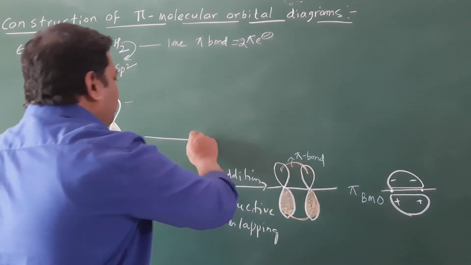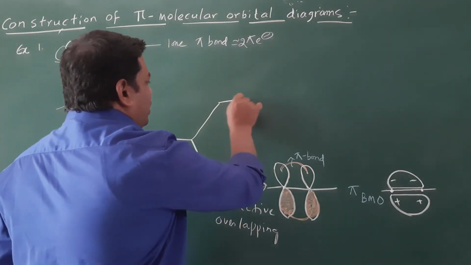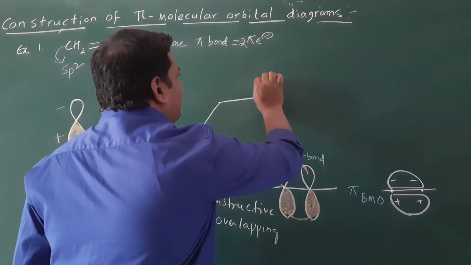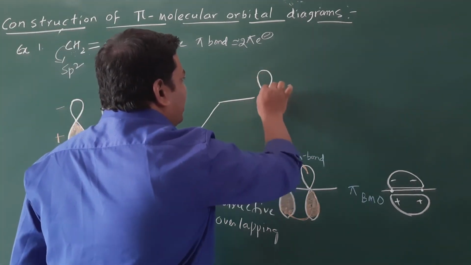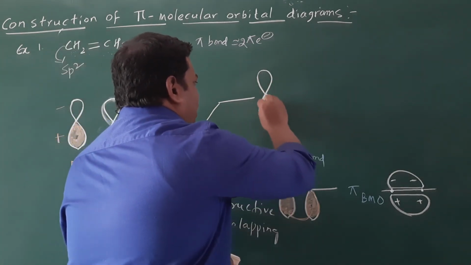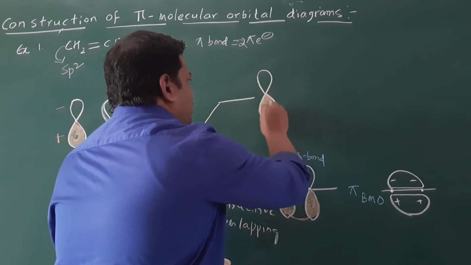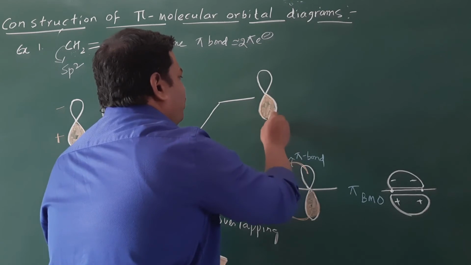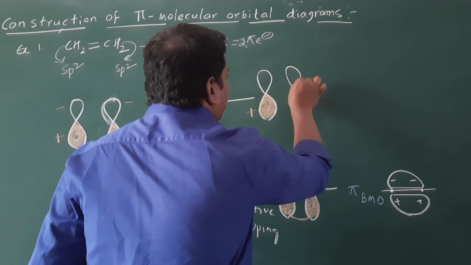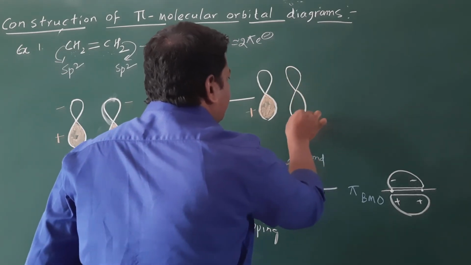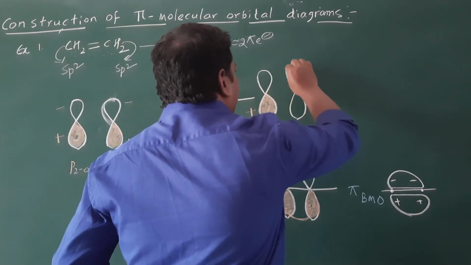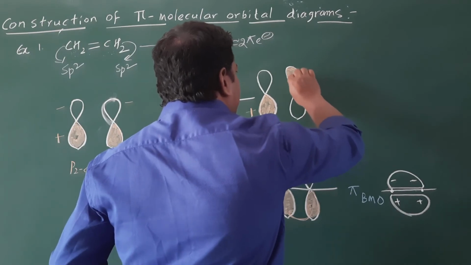Next we will write the subtraction mode. I will write the subtraction mode, which means nothing but, student, you will write the orbital phase in the same manner. This is the positive shaded lobe, and for the other one you write its opposite. This means nothing but subtraction. So the phase of the lobe is reversed. So this is opposite. Clear, student?